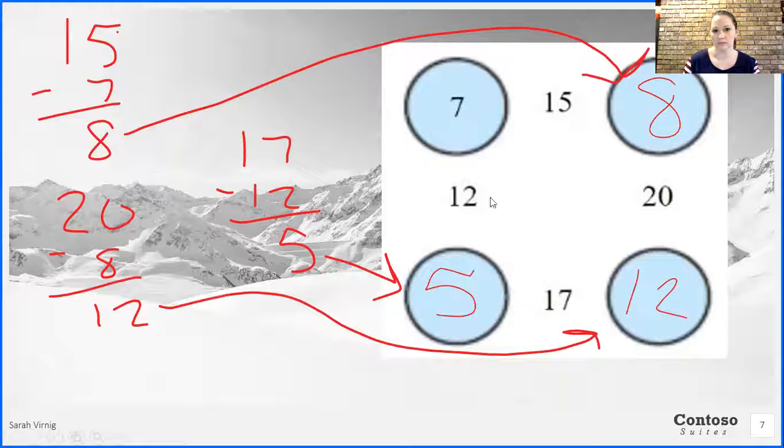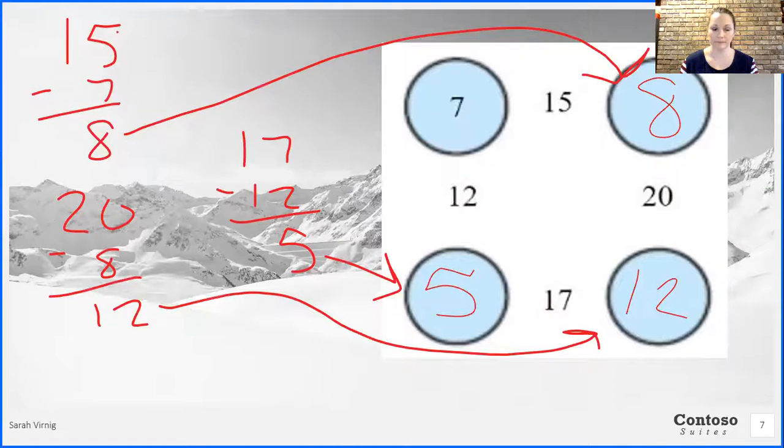Yes, it does give us 5. Or you can take, what I did on the other side was 17 minus 12. That also gives you 5. So that's just another way that you can do it. You can check it multiple ways. Just make sure that after you find the numbers, you go back through to double check to make sure that